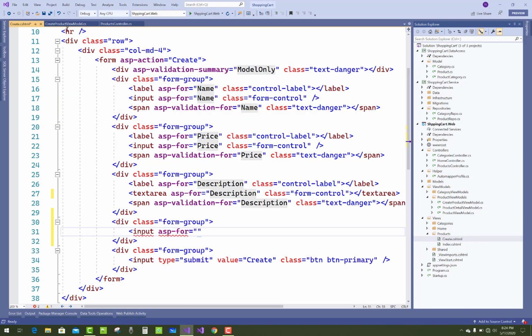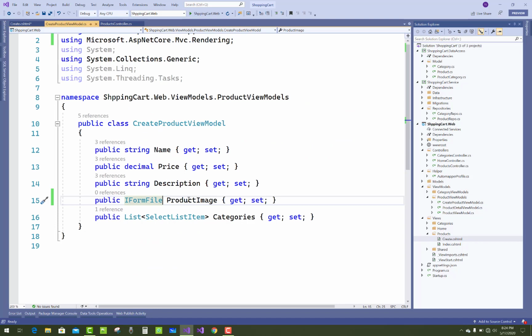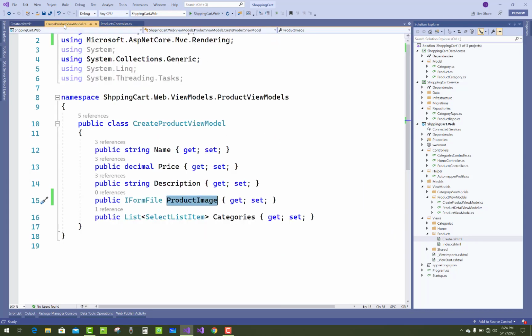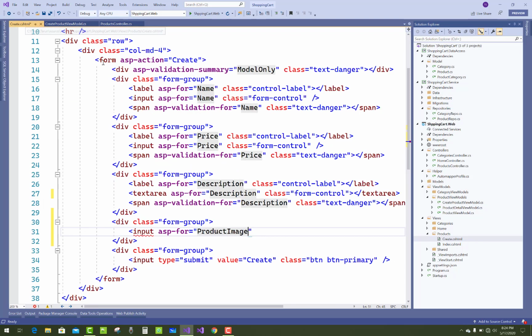The asp-for is product image, sorry. So add the product image. Now after that you have to add categories. So close the product image.